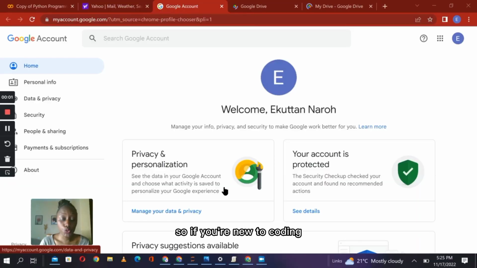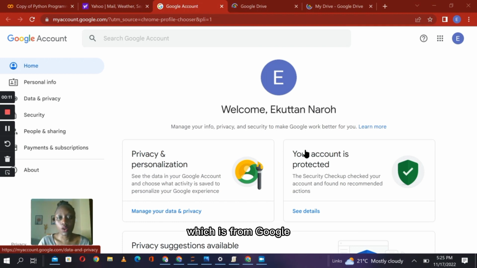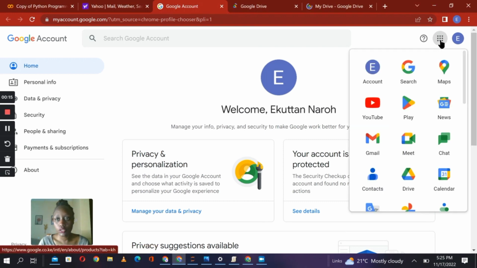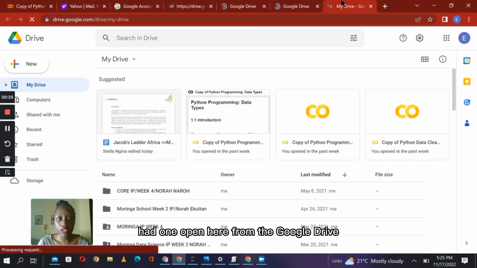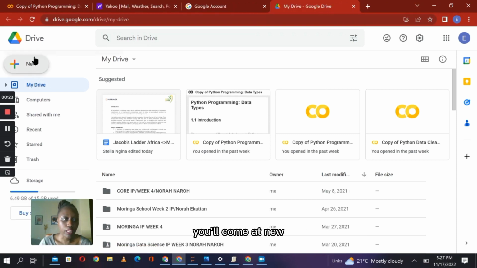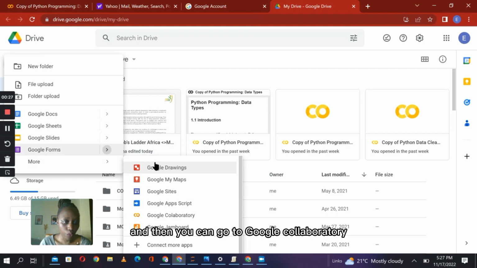So if you're new to coding and you've never really coded using Python at all, this is where you can start. We're going to be using a Colaboratory notebook, which is from Google. So you'll come here, these buttons for Google, and you'll come to your Drive, head on open here. From Google Drive, you'll come to add new, and then come to more, and then you can go to Google Colaboratory, and